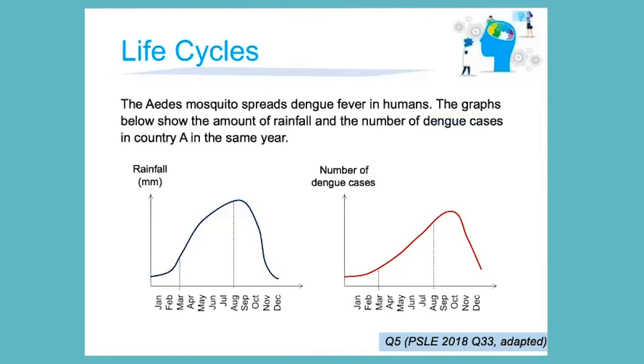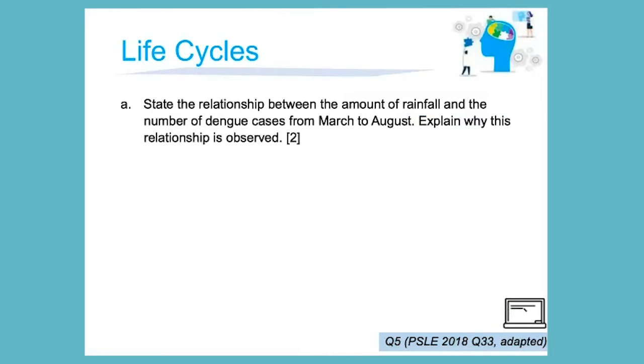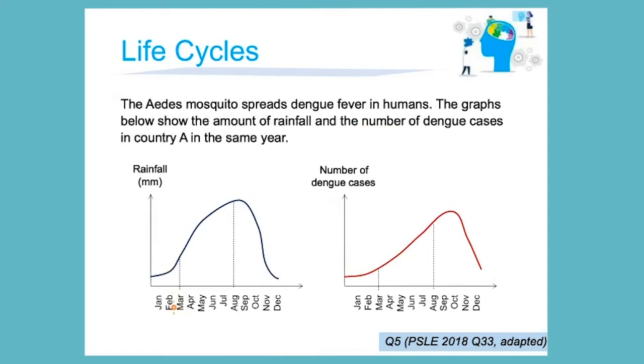Okay, next question. So the Aedes mosquito is our friend this year that spreads dengue fever during this period. So the graph below shows the amount of rainfall and the number of dengue cases in country A in the same year. Based on these two graphs, state the relationship between the amount of rainfall and the number of dengue cases from March to August, and explain why this relationship is observed. So from March to August,